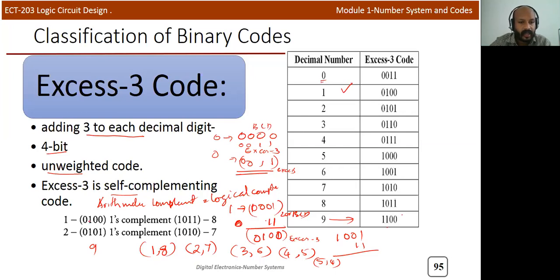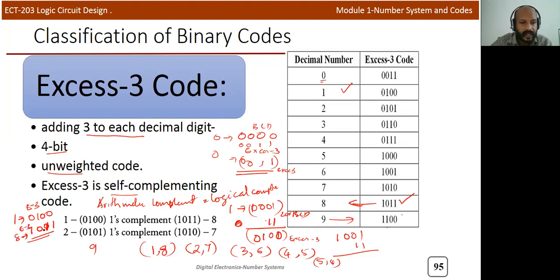So here, 1 is represented in XS3 as 0100. In XS3, if you take the logical complement, simply complement it, you get 1011. 1011 is actually representing 8 in XS3.